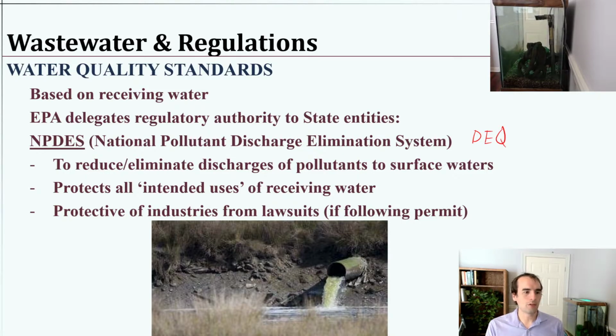If they didn't, then the industry itself would have the burden of proof to say, no, this chemical is not toxic. I don't know why those people are getting sick, but it's not us. They would have to prove with environmental studies, with toxicology studies, all of these things that prove that their wastewater is not at fault. And so most industries do not have the environmental experts and researchers to do all that, and would much rather have a permit that just says, yes, you're okay if you meet these standards. And so then they just need to meet the standards, and then they are theoretically safe, and they're not doing any harm, and they are safe from being